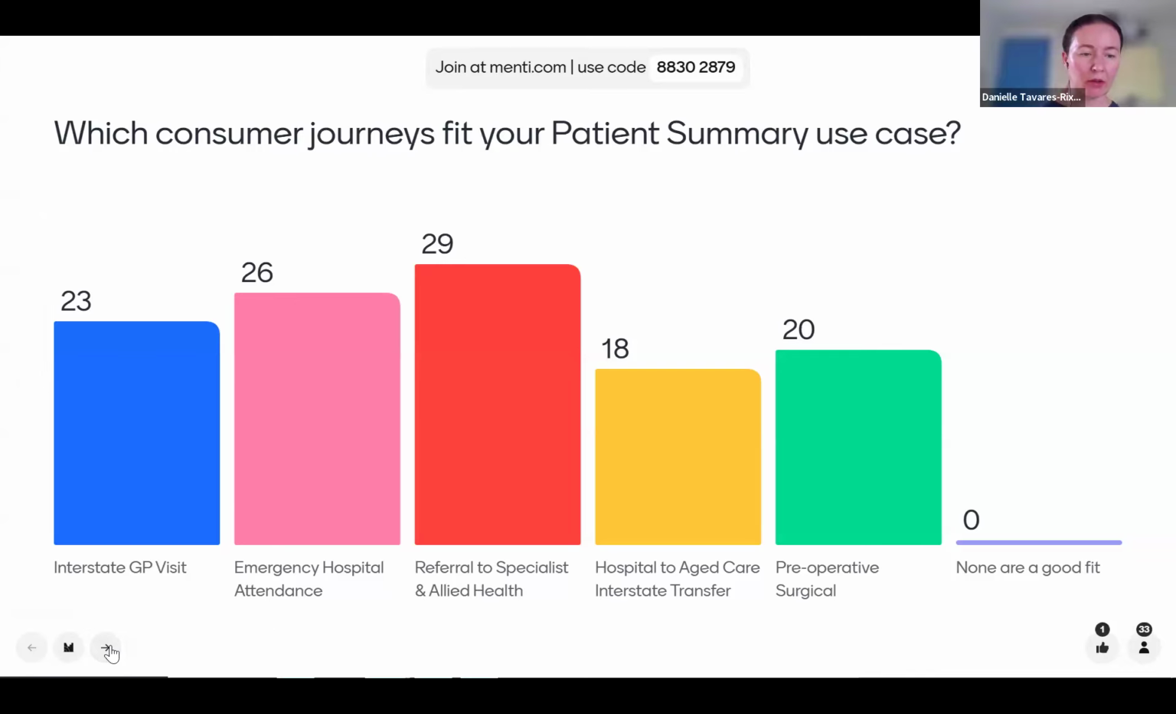Okay, so what we're going to do is move on to the next vote. Now, we haven't had anyone else adding to this in the last minute, so we'll note this. It's good to see that nobody has said that none of these cases were a good fit. So I think that means we've essentially validated that what the clinical focus group is coming up with is actually really meaningful for us to go ahead and use. And it's looking like all of these are really quite useful, but the referral to specialist and allied health has clearly got the